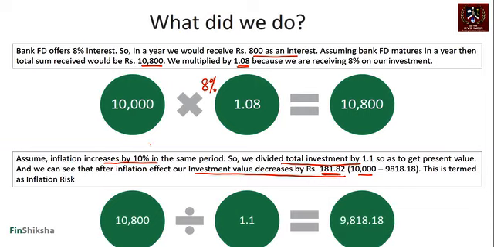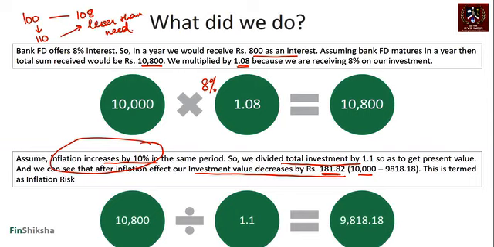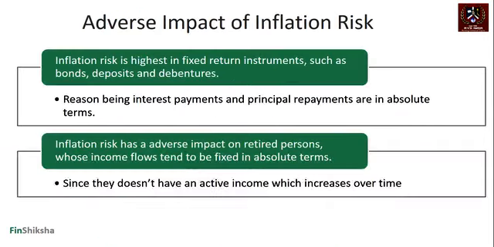So effectively, what we are saying is that even though you made 8% return on the instrument, the 10% inflation eroded the value of your money, right? 100 became 108, but to buy what you were buying with 100, you needed 110. So you still have less than what is needed, right? And that's the inflation risk. This amount is your inflation risk that comes in and becomes an important parameter in your discussion.